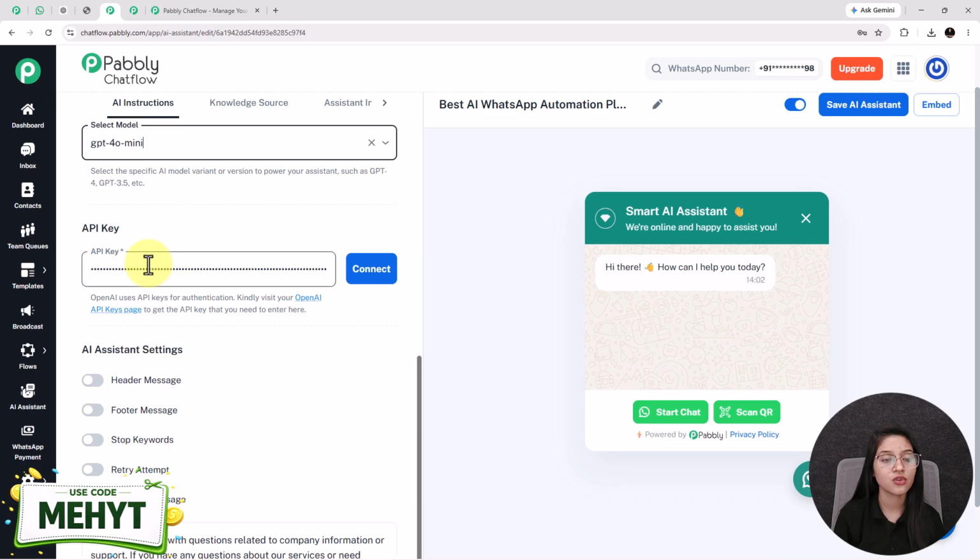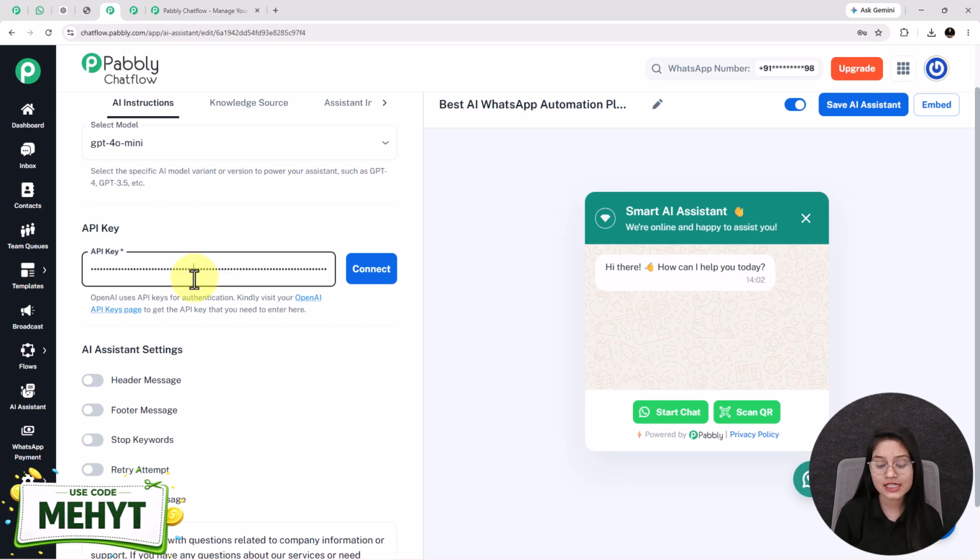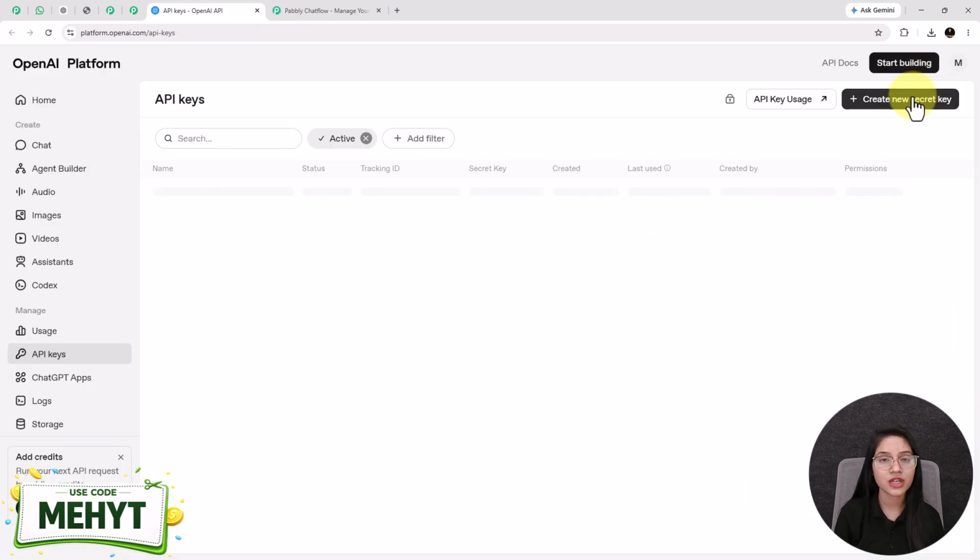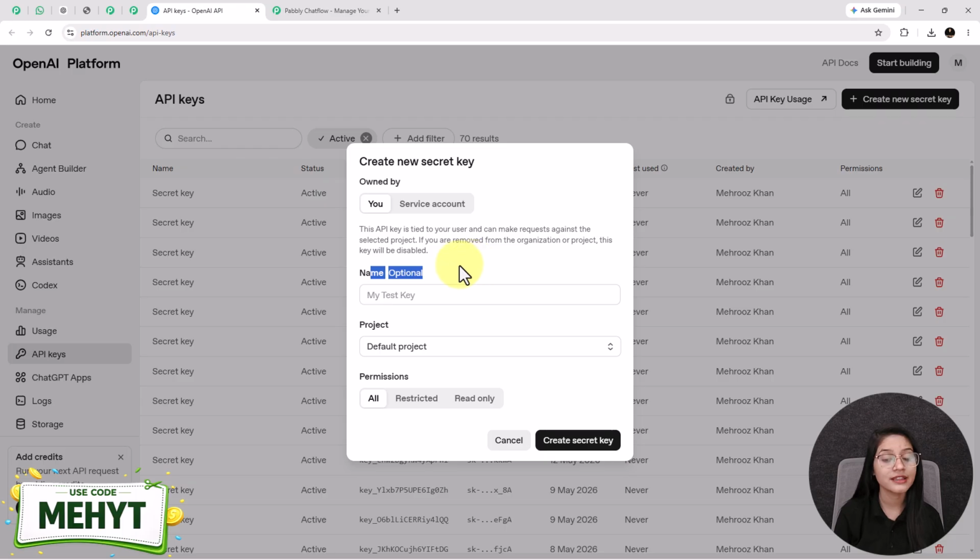Next, it is asking you for the API key. So for getting this API key, you just have to go to your OpenAI API keys page and here click on this plus create new secret key button. After that, the name is optional. You can give it if you want to. Select the project from here and provide the